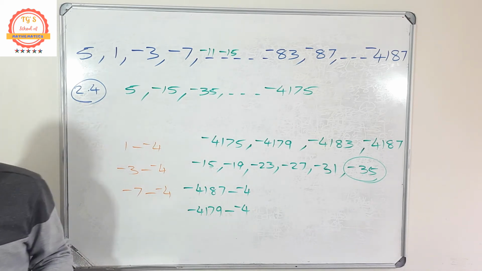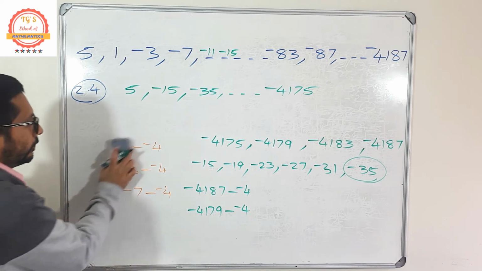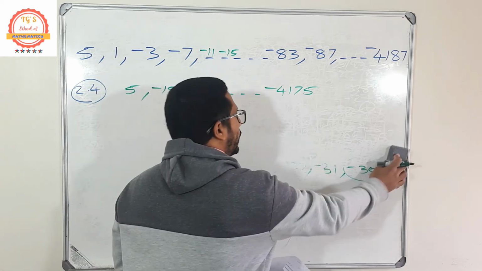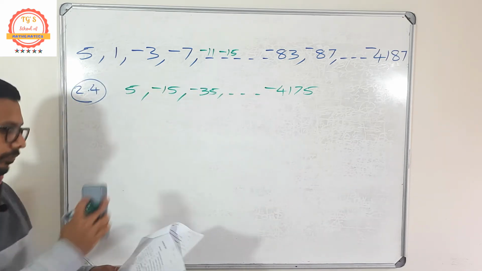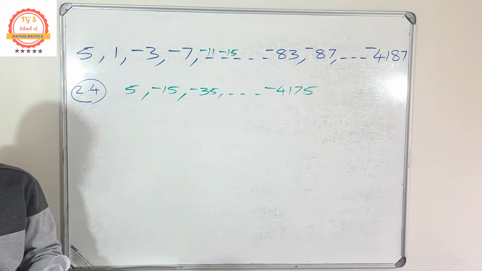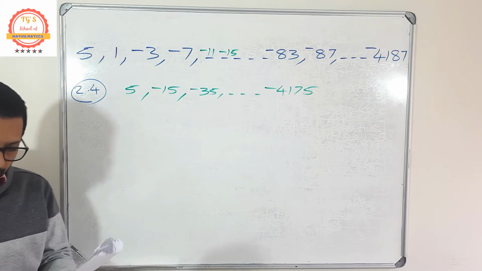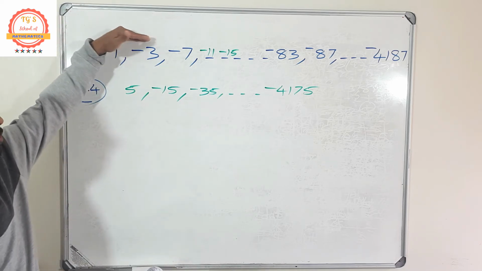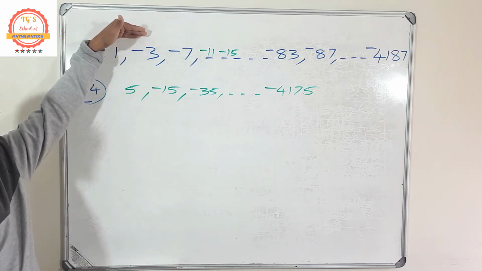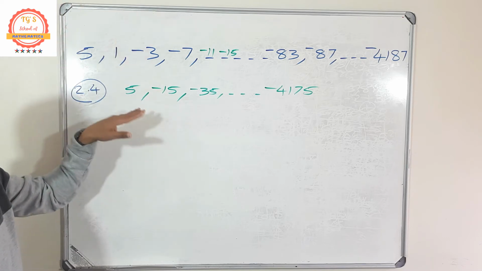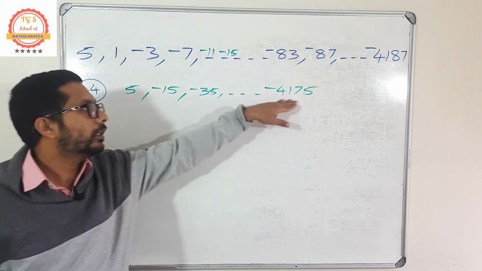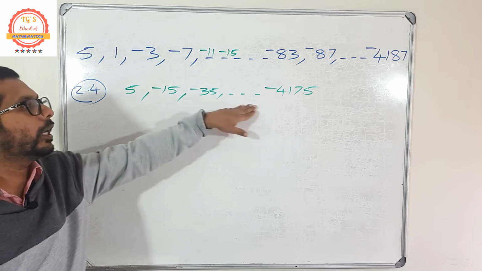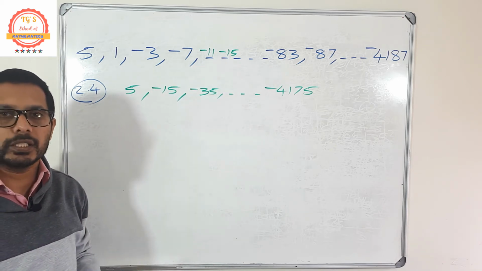Okay, so now let's go back to our question. What do we want to find? We have to determine the number of terms in this sequence that will be exactly divisible by 5. You have to find the number of terms in this sequence exactly divisible by 5. So this is the sequence that is divisible by 5. So it means that in this sequence, how many terms are there? That is what you want to find.